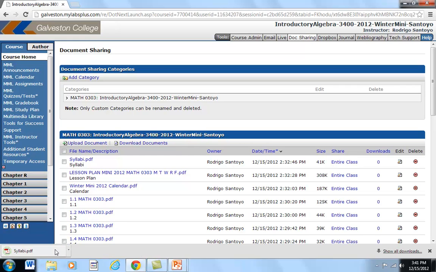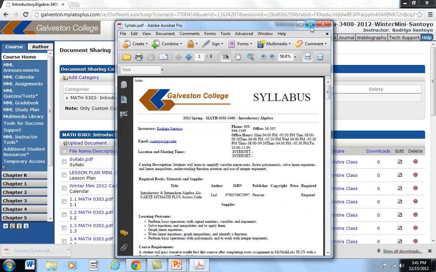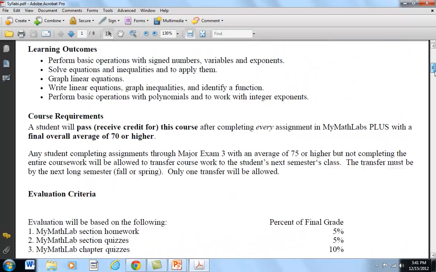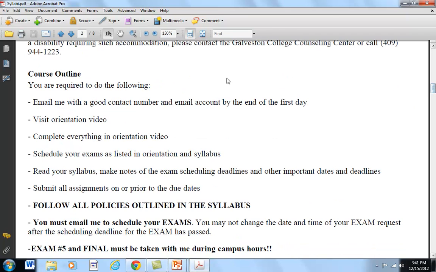Let's go ahead and view this syllabus. So this is your syllabus. Like I said, make sure that you read the syllabus. It's very important, especially when you get down to the course outline. Make sure you read all of this. One thing that I do want to make sure we look at is